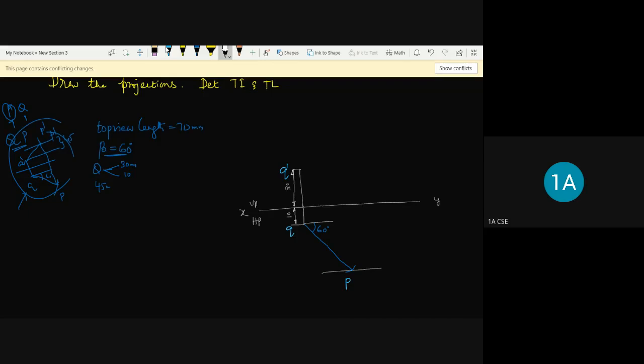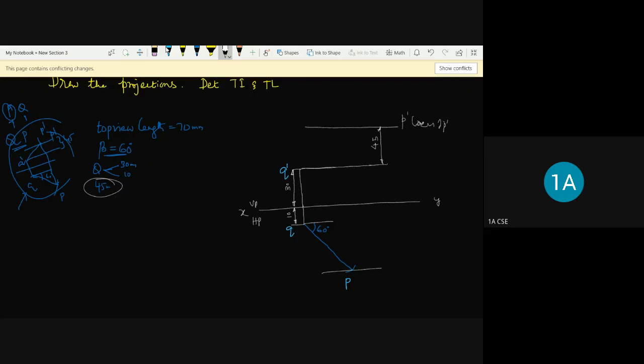Now he has mentioned this 45 mm regarding the front view distance of Q dash and P dash. So from the Q dash, you take vertically upward a distance, say for example, this distance is nothing but 45 mm. This is the P dash line, the locus of P dash. He has mentioned that P dash lies at a difference of 45 mm between P and Q in the problem. So the P dash locus is here.